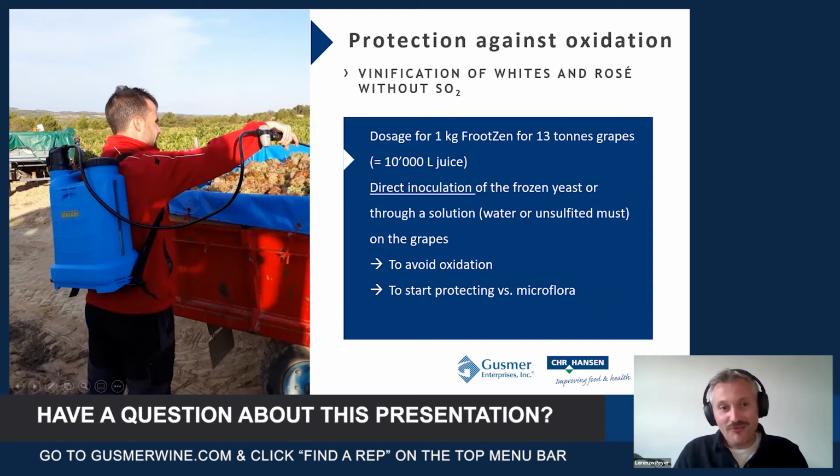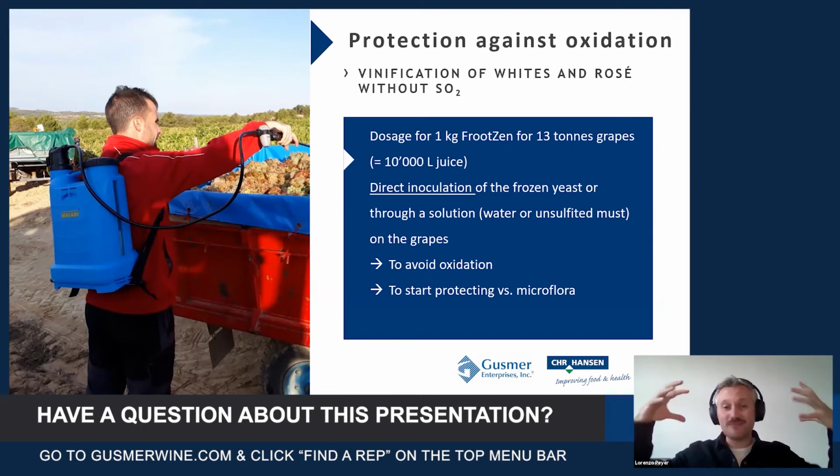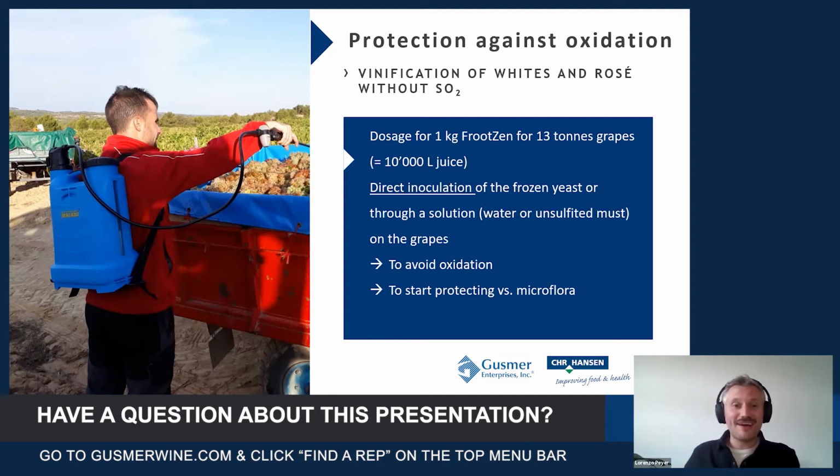This is an example of a winemaker who decided to apply FrootZen post-harvest, for this dosage, basically giving the most time for FrootZen to be active on the grapes. What it does is sit on the berries and start to work with the leaching sugars of grapes that have been disrupted, so it starts acting already. Once you are at the cellar, you already had an action of FrootZen for a couple of hours before.